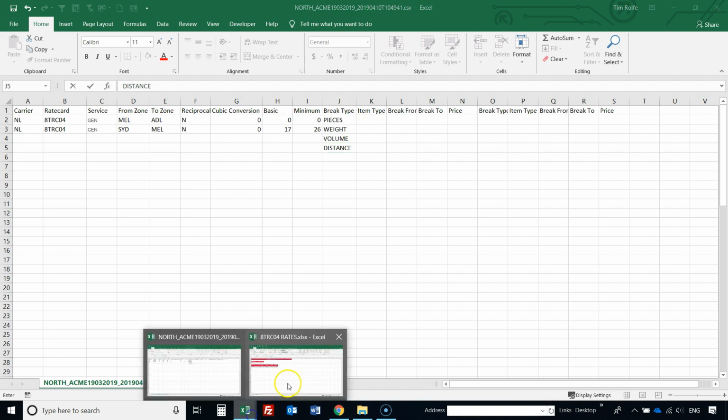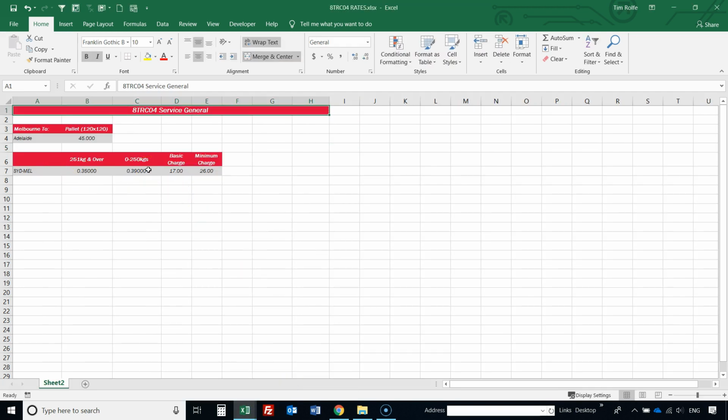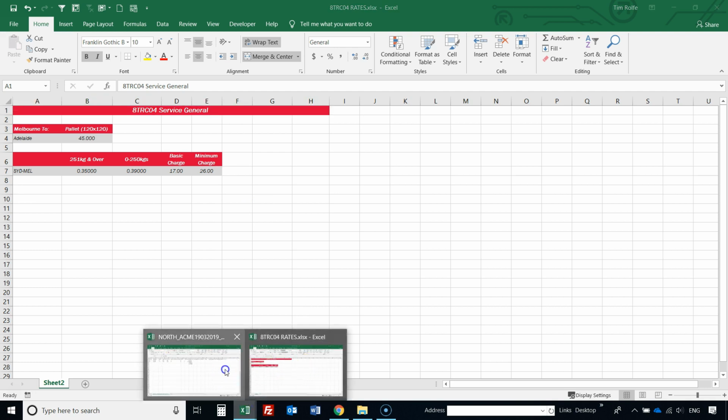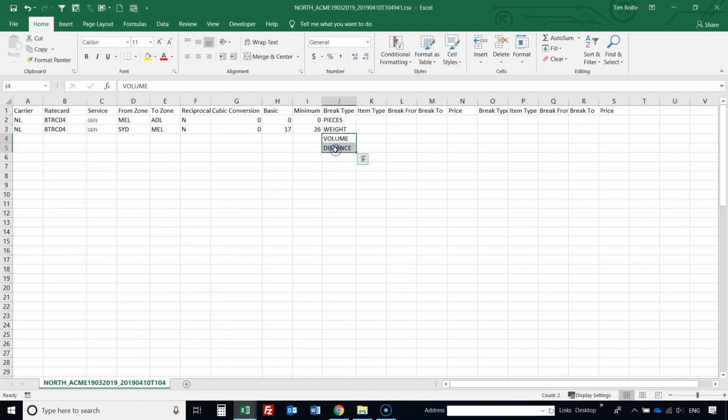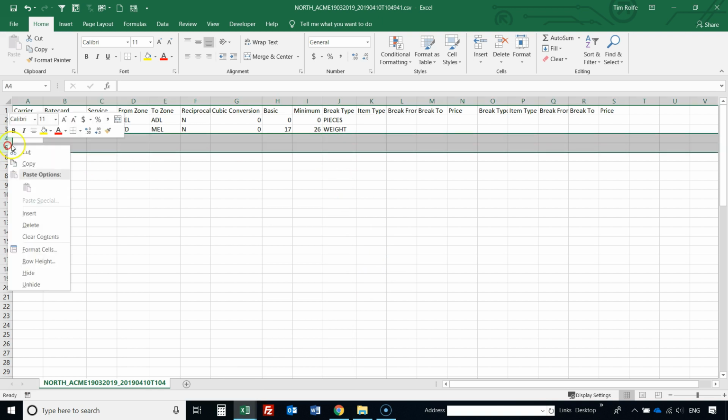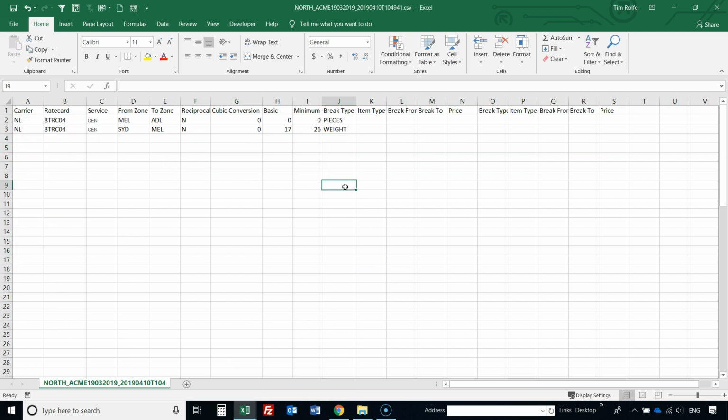For the example we have a weight-based rate and a pallet rate, which is an item rate or a pieces rate. So the first thing we need to do is set the break type. For the samples we have here, the break types are going to be pieces and weight. The next column that needs to be dealt with is the item type column. This is what will be populated if the particular pricing unit needs to apply to a set item. For example, our pieces item break is applying to a pallet, so we need to find what the pallet item